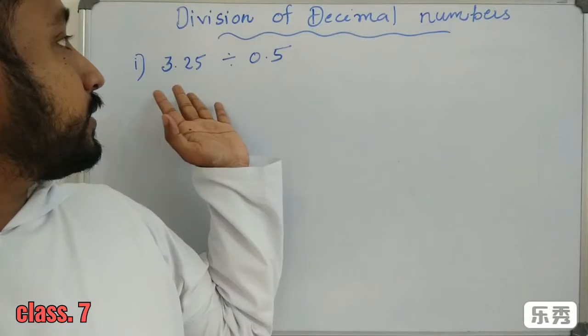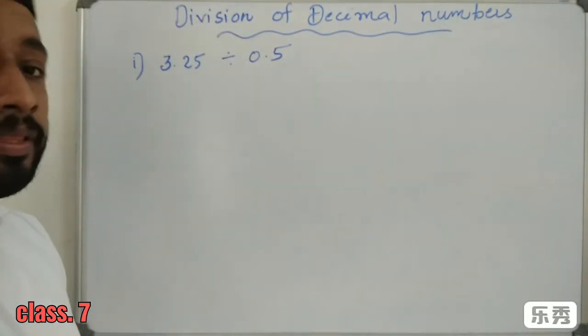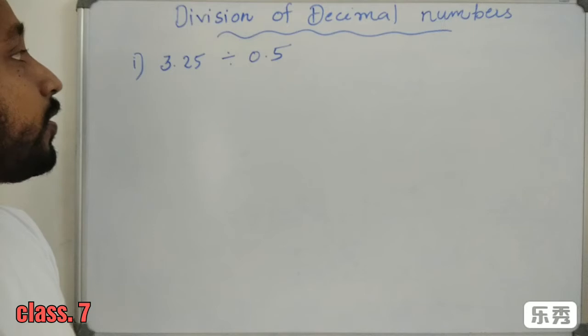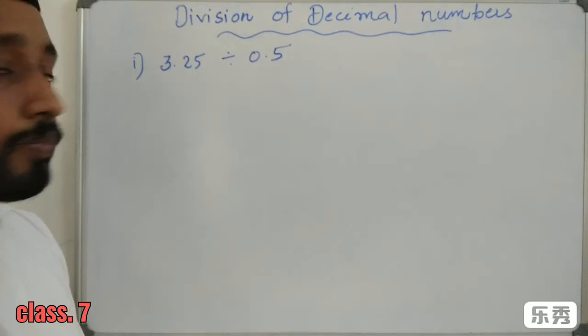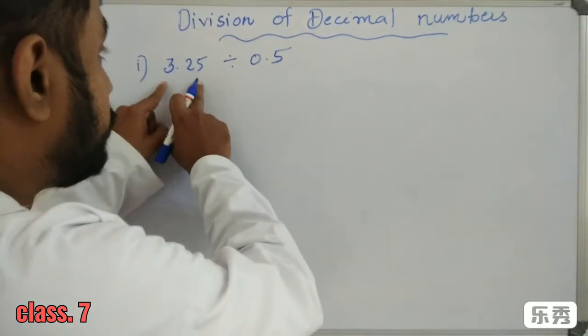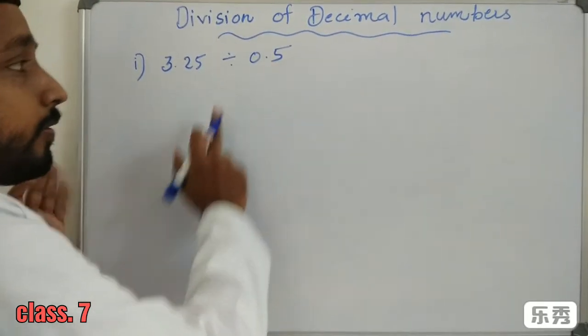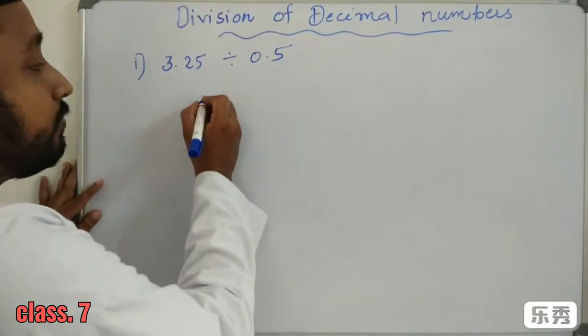Which means let us study division of a decimal number by another decimal number. So our question is 3.25 divided by 0.5, which means we have to divide. 3.25 is a decimal number, 0.5 is another decimal number, we have to divide. So which is equal to